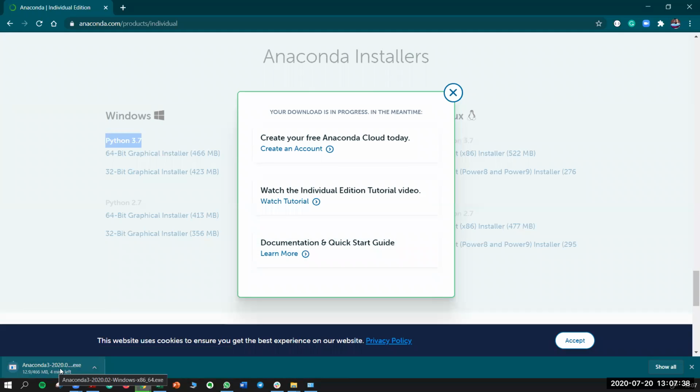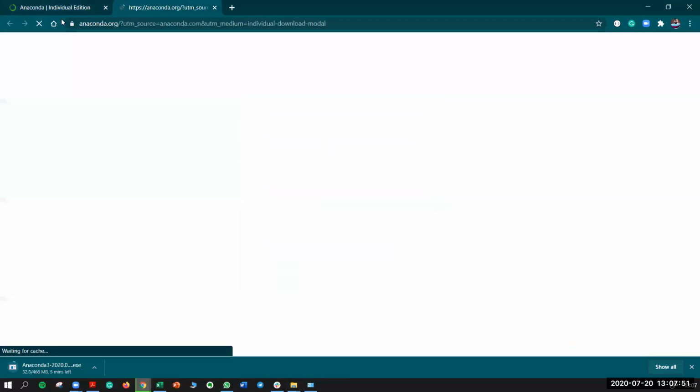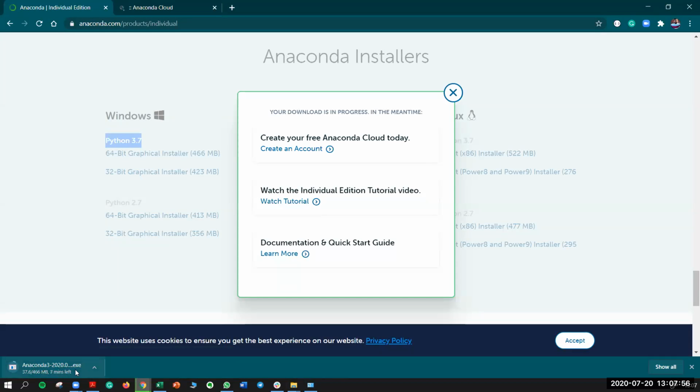See, the download automatically started. If you want to create your account, well and good, you can do that. So not an issue. It is totally free, so that's not a problem. You can create an account here. So my download has been started already. It will take a few moments to download. So if you already downloaded, like Utsav is saying, Utsav, just uninstall it and re-download everything. Just make sure you downloaded the file which is of the proper bit number.